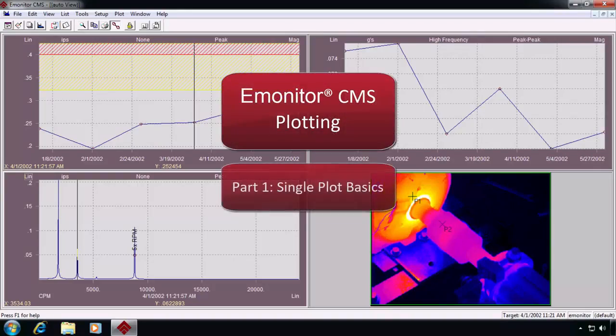Emonitor plotting. Part 1, Single Plot Basics. This video is part of a two-part series that demonstrates some of Emonitor's extensive plotting capabilities. In this first video, we'll focus on working with single plots and demonstrate some of the options available within each